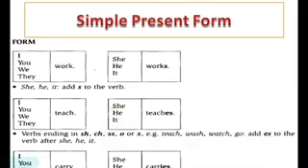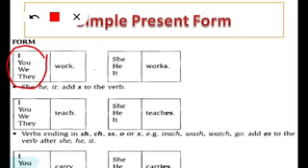So having this in mind, look at this table. Now let us see how to form simple present form. Already we saw that the first person, second person and plural forms will not take s along with the verb. So when you have the first person, you will not add s with the verb. So I work, you work, we work, they work. So in the plural form you will not have s, and in the singular form I also you will not have s. Okay, see the next one, he, she, it.